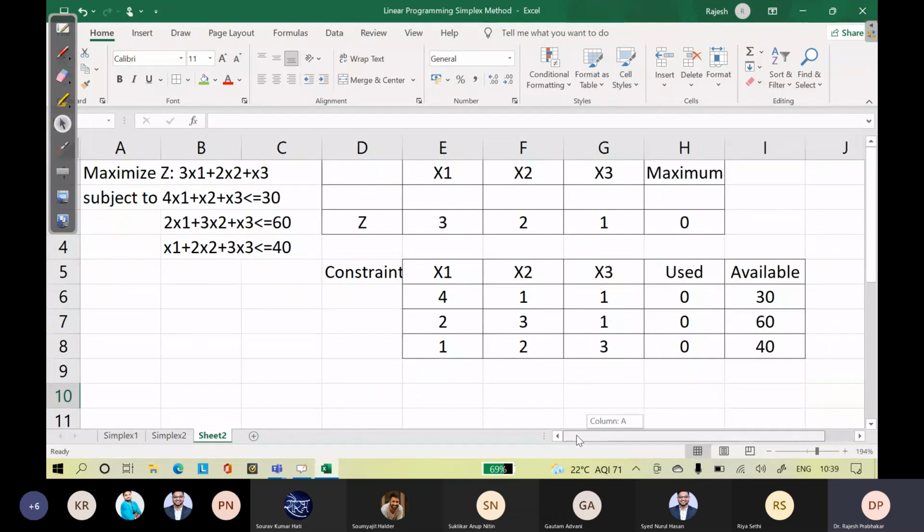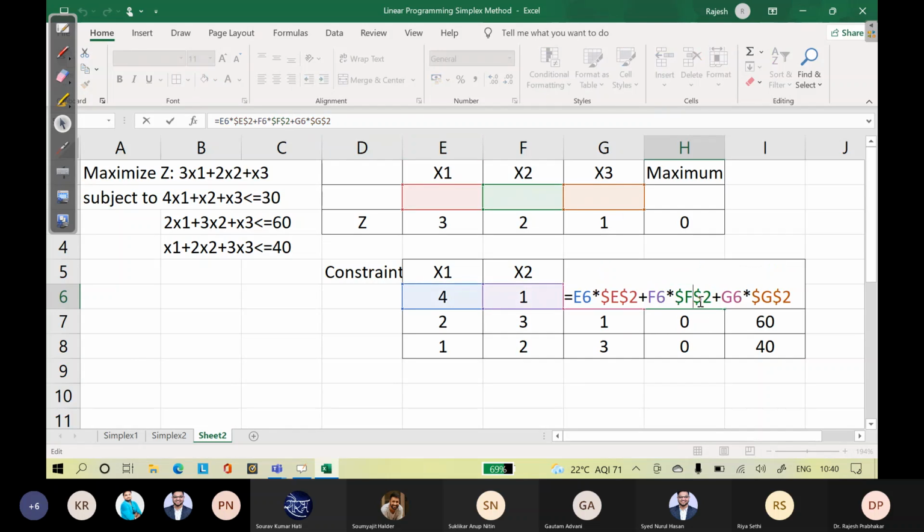Sir, can you show how do we drag the formula? In the used column, how do we drag the formula? You have to fix the cell by pressing F4. E2, F2 and G2. In some laptops it is F4. In HP and Lenovo, there is an Fn button on the left side of your keypad, Fn plus F4.